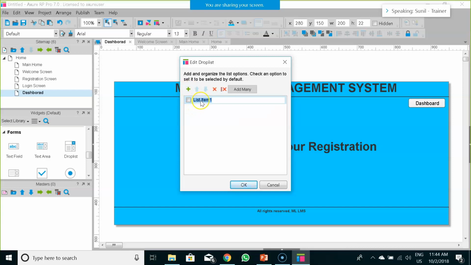For example, I would be needing my account details, or I would be needing my wallet details, my subscription details, my certificate details, my assignment details.